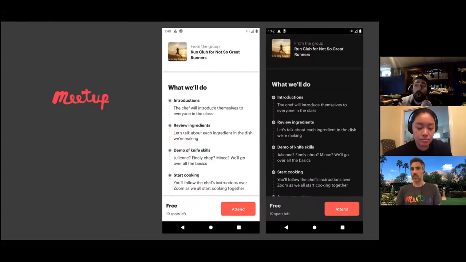Going forward, all the new features will be available in both light and dark color themes, including the new event home experience that Alex just showed. Over the coming months, you can expect to see a much cleaner and easier to use experience within our apps, as we focus on refining some of the main screens and our navigation. Thank you all so much for your feedback. We really are listening. We really want to make this app better for everyone.